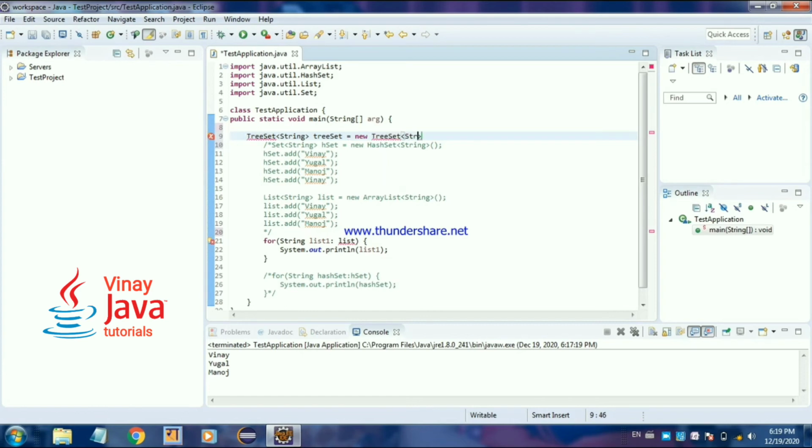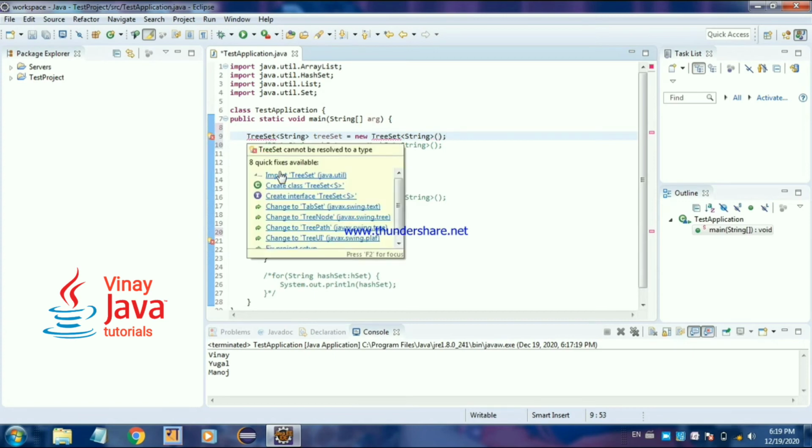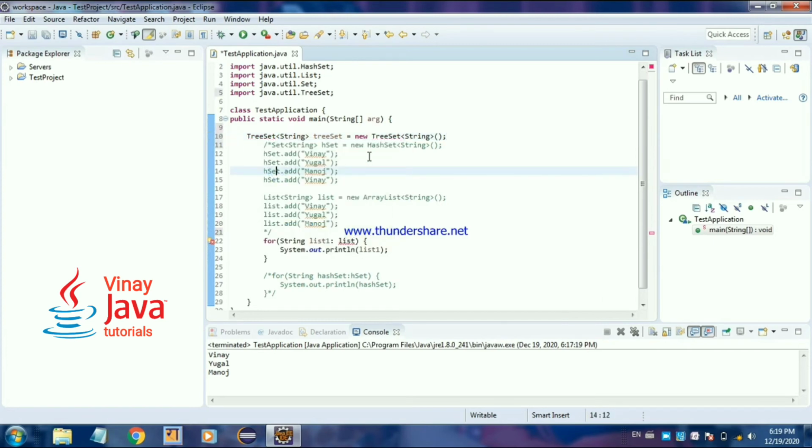The type I have kept as a string. Let's import this from the java.util package. TreeSet is a class under the util package.